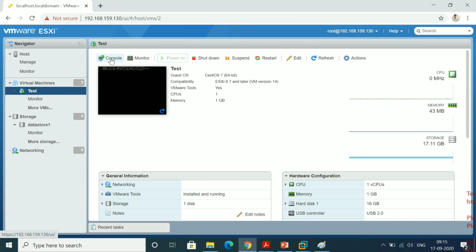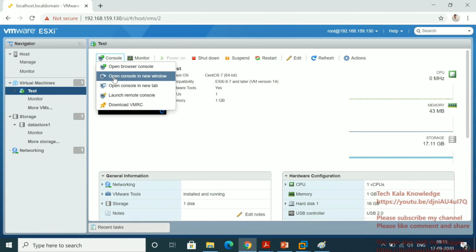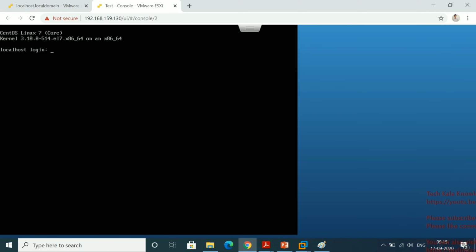Okay, let me open the console first. Yes, so now let me log in. I am logging in with my root credentials. This is the console.